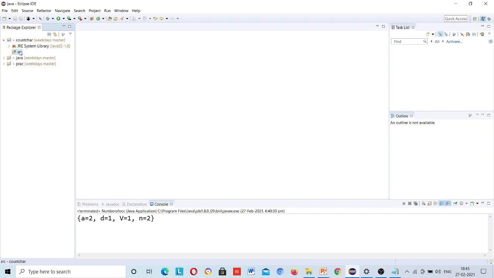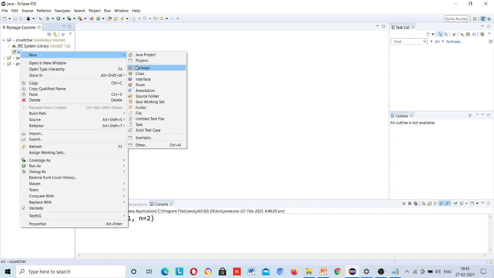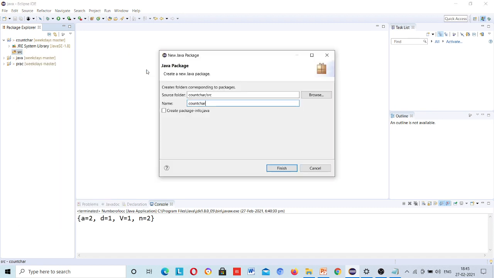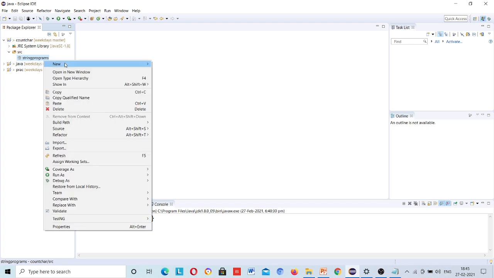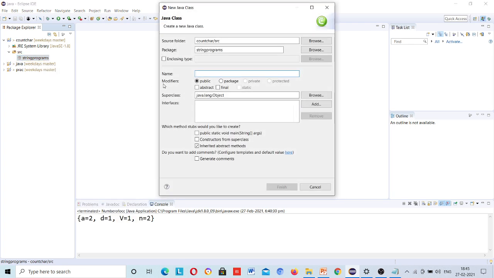You should know about Eclipse and other IDEs. Any IDE, the logic is the same. Any programming language, the logic is the same. Suppose I give the package name string programs. Now the class name should be in camel case.